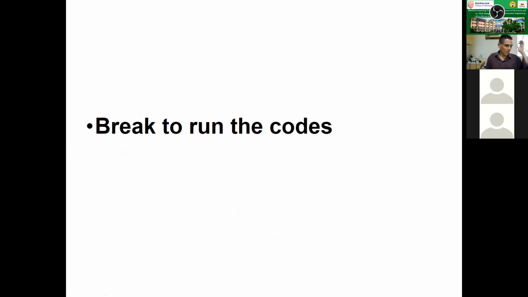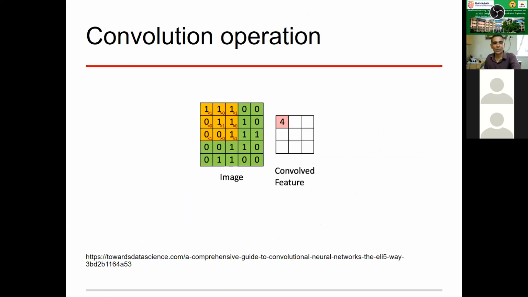Now we run the codes for neural network for image classification. I think we would be able to cover only this much for today. And this is one example. Now I should show you what is this convolution operation. I've taken this